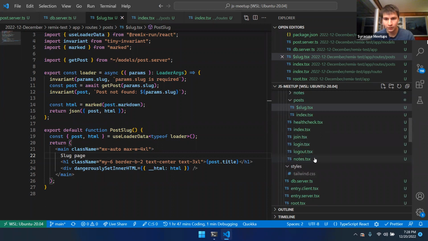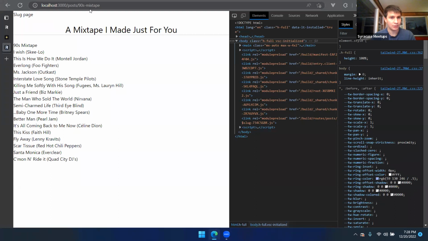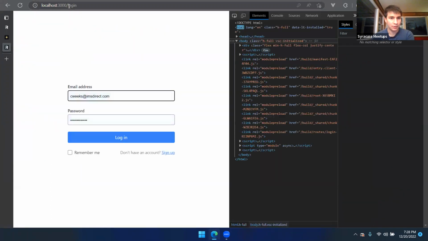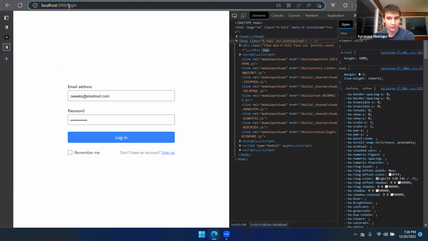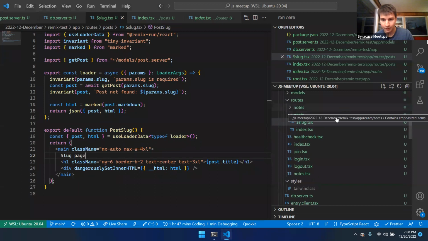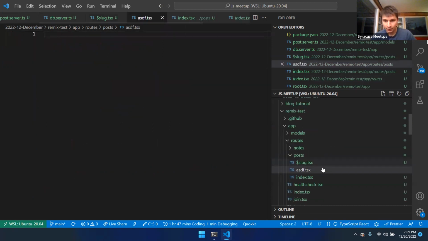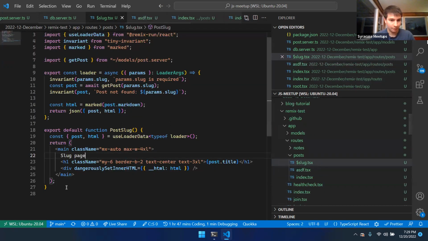login, logout, notes, which are just files. So there's no folder called login here, but there's a file called login under the root directory. So if I had a post here, let's create a new file and call this posts asdf.tsx. And we just put in some